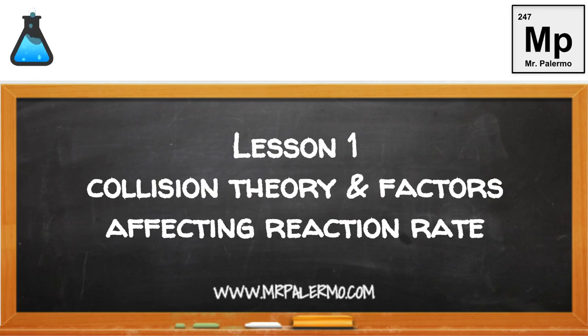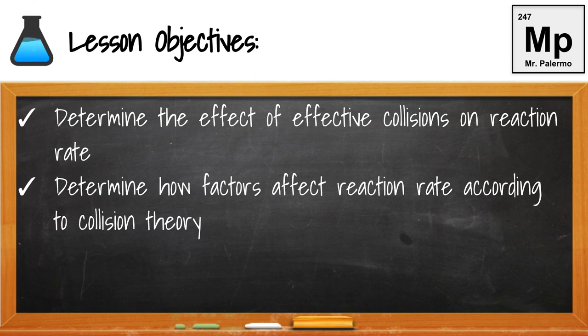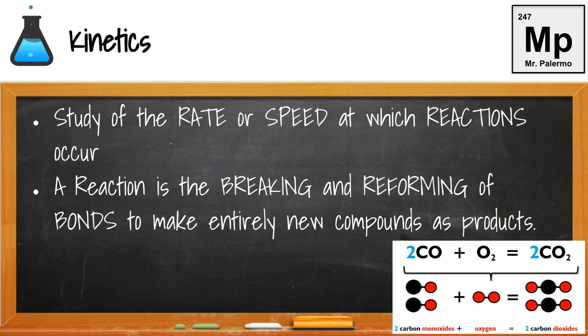Welcome to Lesson 1 on collision theory and factors affecting reaction rate. Our lesson objectives: determine the effect of effective collisions on reaction rate, and determine how factors affect reaction rate according to collision theory. This unit is going to focus on the study of the rate or speed at which reactions occur,